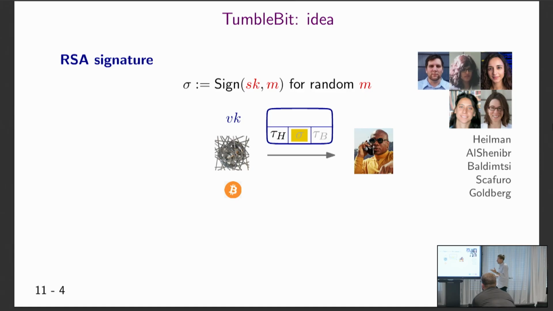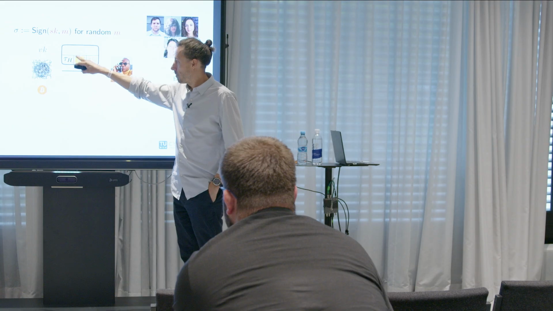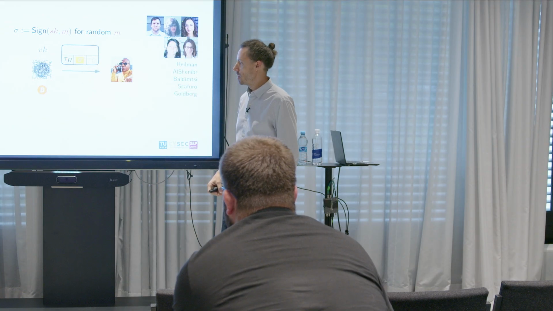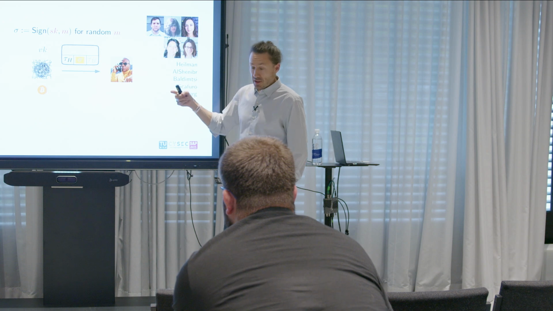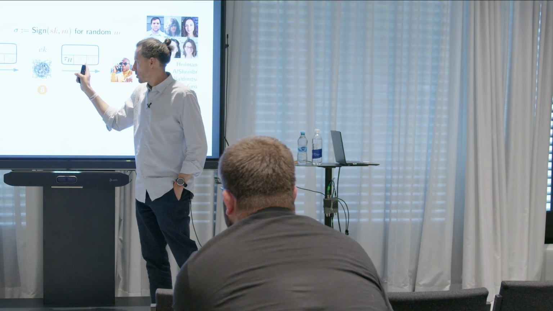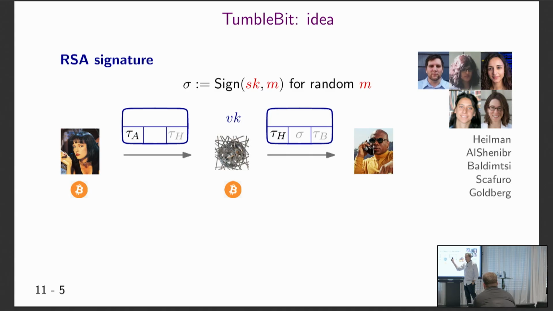So we have the same guarantee, right? Before, it was only the hub that knew the preimage. Now it's only the hub that can create this signature because it's a signature by the hub. But what's different now is, how can Alice get this signature? Before, she had to put the same condition in both transactions, and that's why they were linkable.